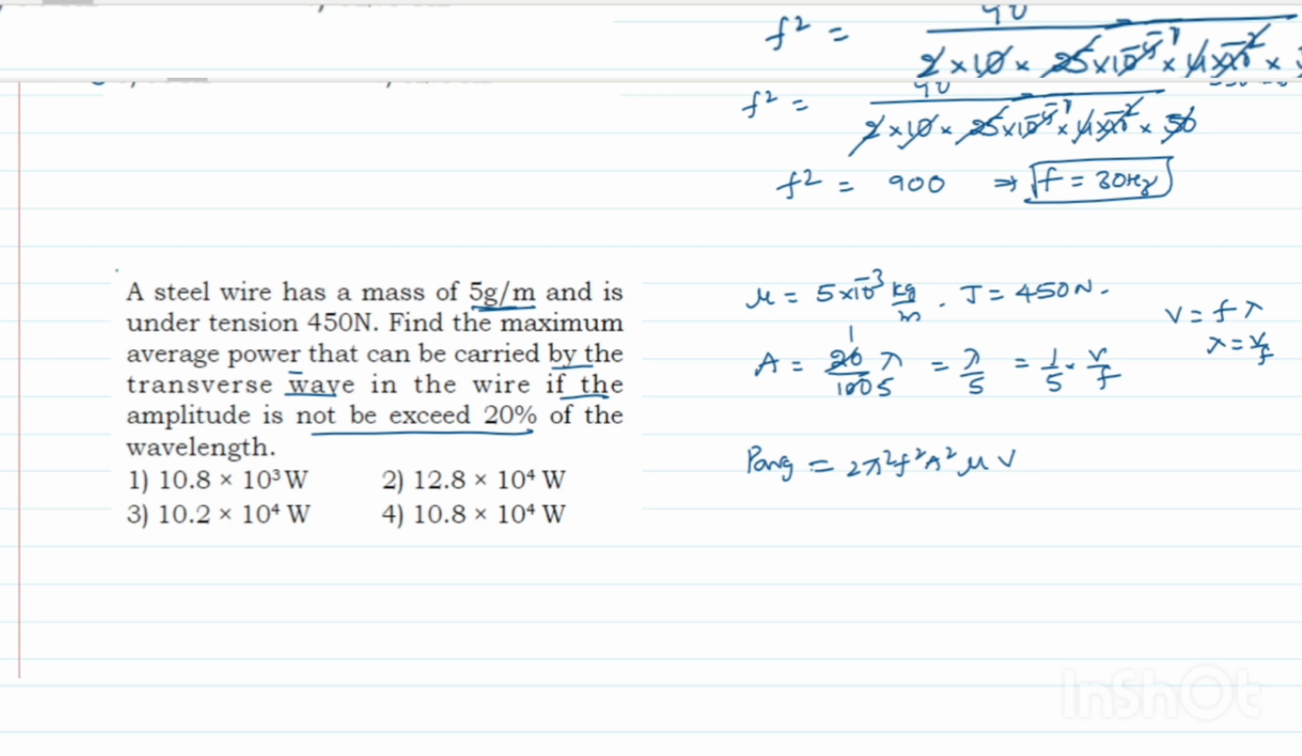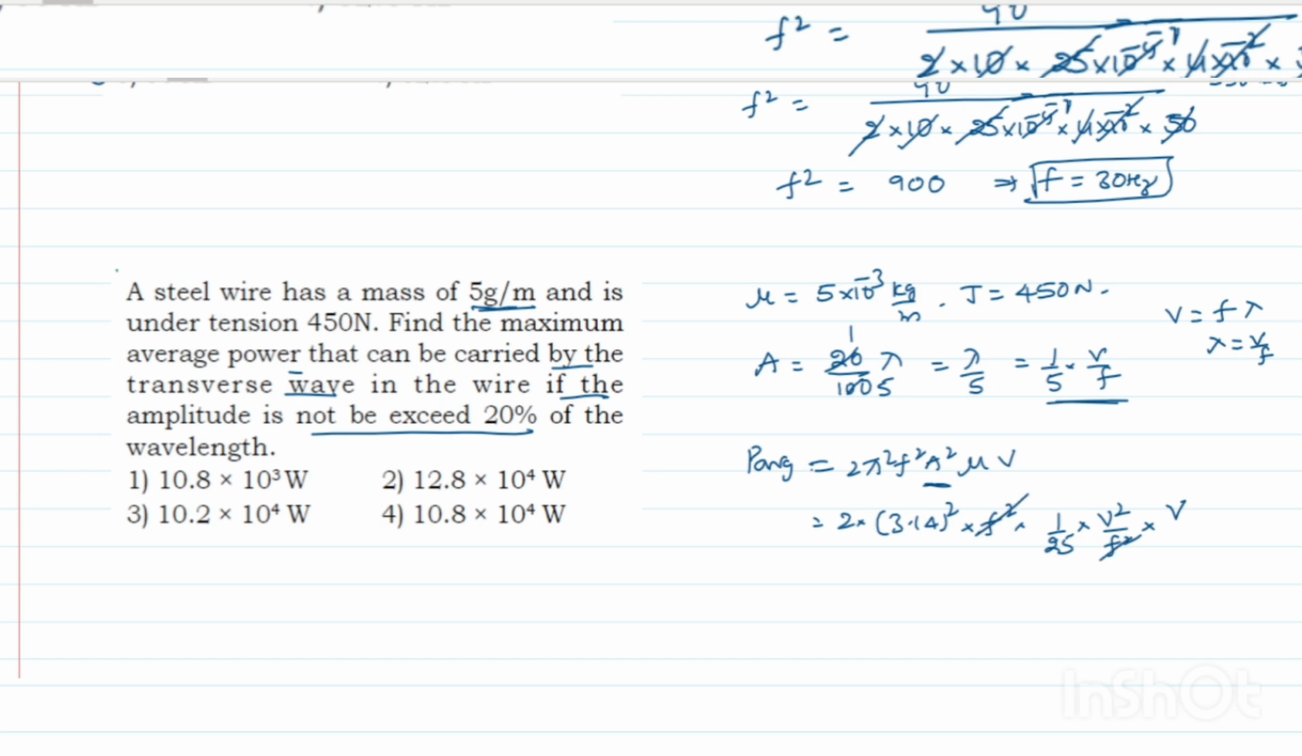So here you just substitute this value, students. Here you will be getting 2 into pi square, in the sense 3.14 whole square, into frequency whole square, so this is f square, and here amplitude square. Amplitude is given already, I am just taking the square. It's 1 by 25 into v square by f square into mu into v. Here this f square gets cancelled,